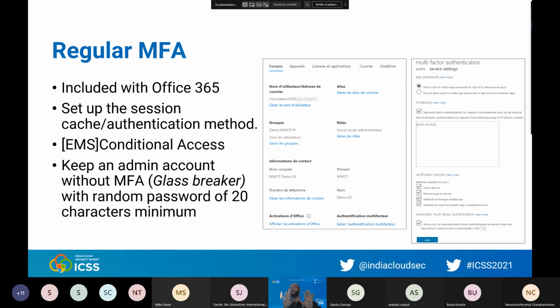If you want something more complex, like MFA only if people are not in the office building, or only if they are trying to connect from a foreign country, or only if they are using something which is not a computer attached to my Active Directory domain, you need conditional access, and conditional access is part of Azure AD P1.